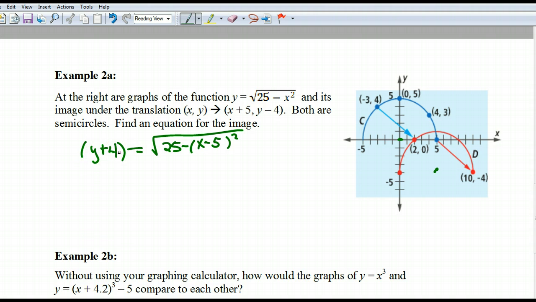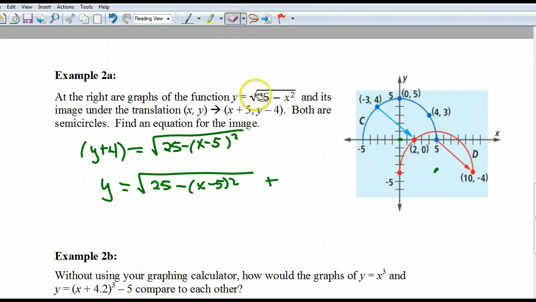Okay? So now if I were to solve this for y, actually, this ends up being like this. Oh, no, not plus, but minus. On the outside of that square root. Okay? The other thing you can do is you can actually